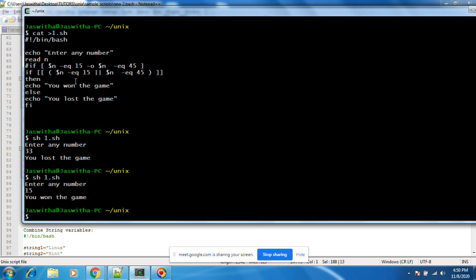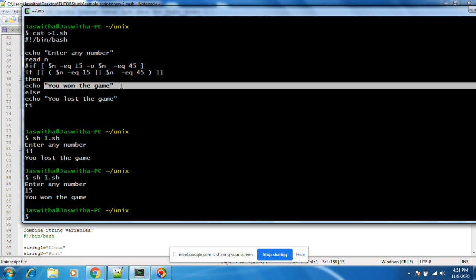Lottery ticket: there are 1,000 members in the lottery. Each person got, that day, only two winning numbers. If any person got number 15 or number 45, they won the lottery. That is the if condition we keep.